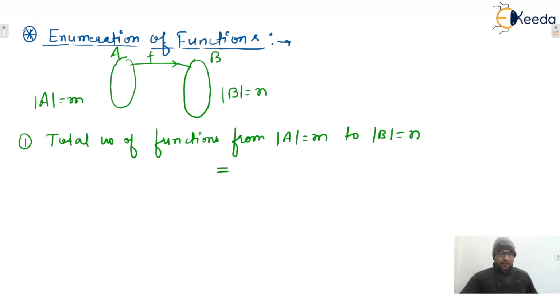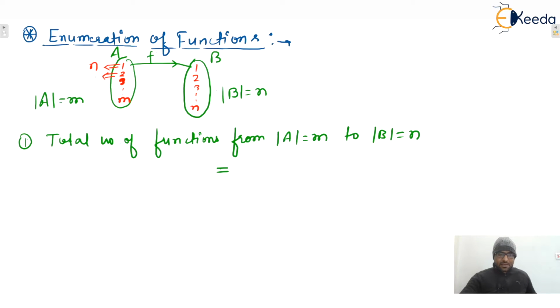Now you only tell me, let's say here in set A m number of elements are there, let's say 1, 2, 3 up to m, and in set B let's say n number of elements are there, so let's say 1, 2, 3 up to n. Now you only tell me, total functions will be how many? Every element, let's say first element, has how many number of choices? n, isn't it? Out of these n elements which are in set B, one can be mapped with any element. So first element has n choices.